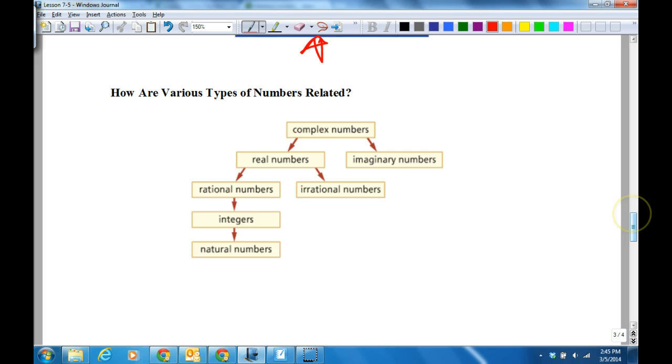Okay, so here's a couple things you need to remember. Remember that natural numbers are members of integers, which are members of rational numbers. Irrational numbers, both of these are members of real numbers. And then complex numbers comes beyond that. Okay? All right, so that is most